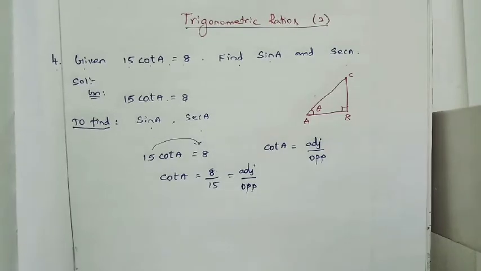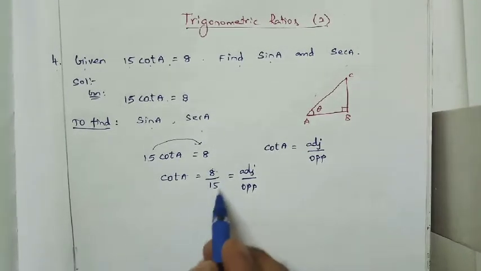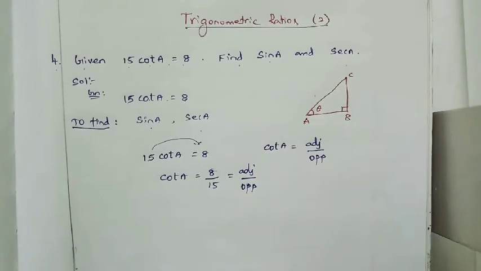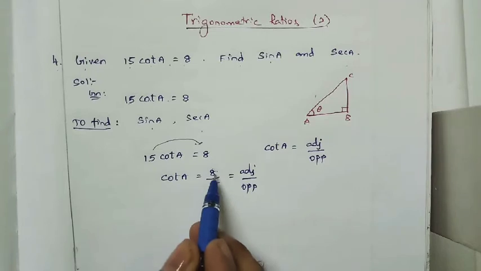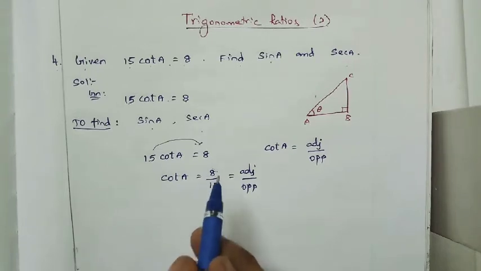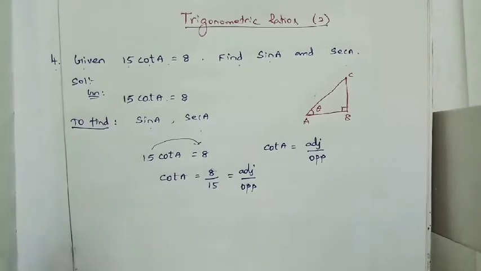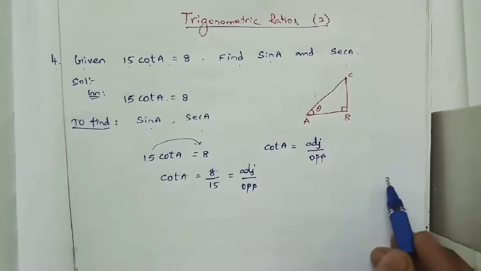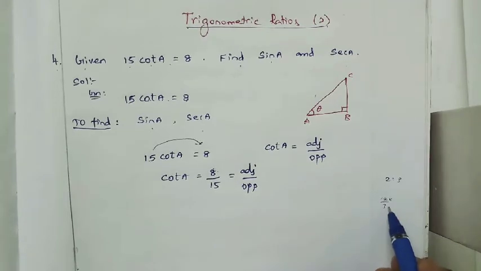Whenever they give something in the form of a ratio, behind the ratio there is some common unknown value. Not only for this trigonometry ratio alone, whenever we write a ratio like 2:3, which is 2 by 3, it is in the form of a ratio, and behind that there is some unknown value.